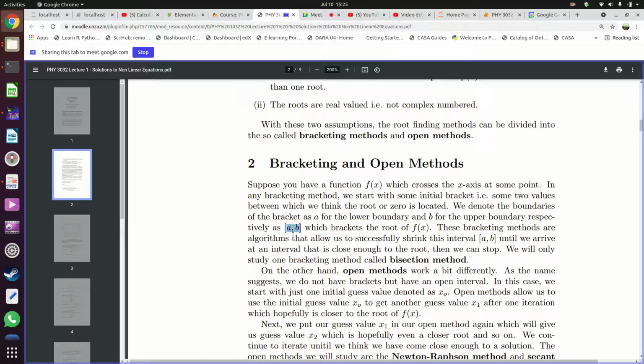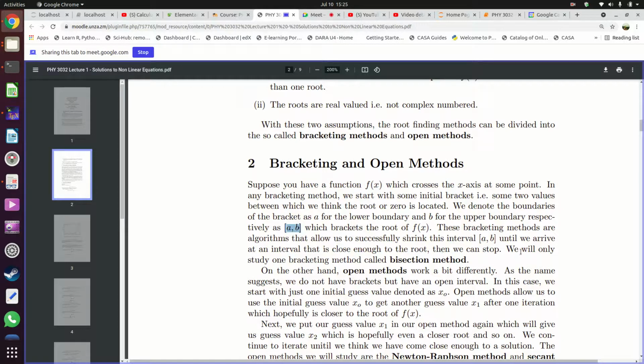So after we choose this interval AB, what we are going to be doing next is successively shrinking this interval. We don't increase it. Once you choose your interval, now the job is to make this bracket smaller, until we are sure this bracket just hugs the curve wherever this function is passing. So we successively shrink this interval until we arrive at an interval that is close enough to the root,